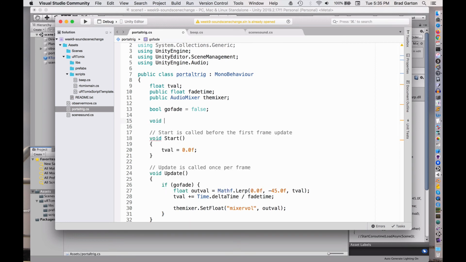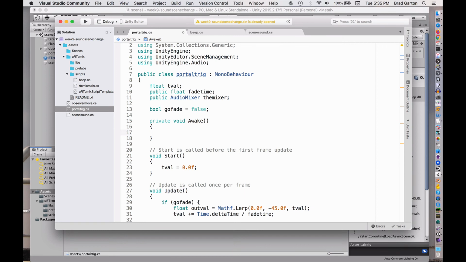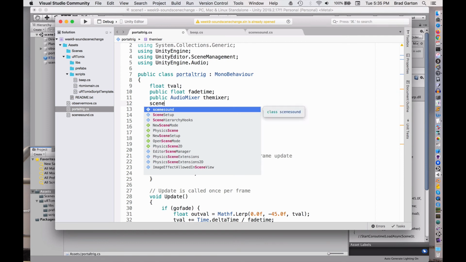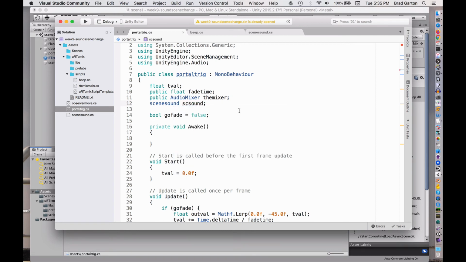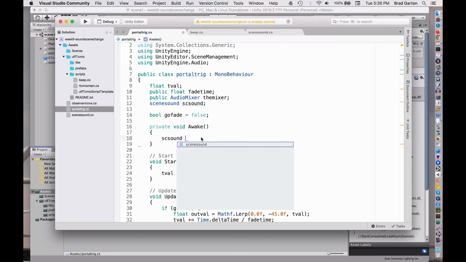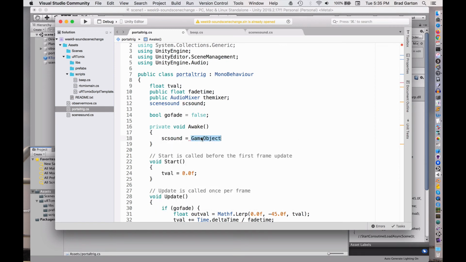The first thing we want to do is find that scene sound. So we're going to say void awake. And in awake, we're going to have a scene sound component, and we'll call it SC sound. Okay, and in awake, we're going to say SC sound equals game object dot